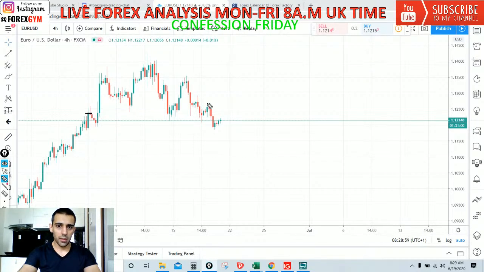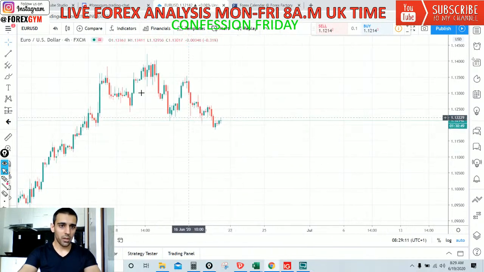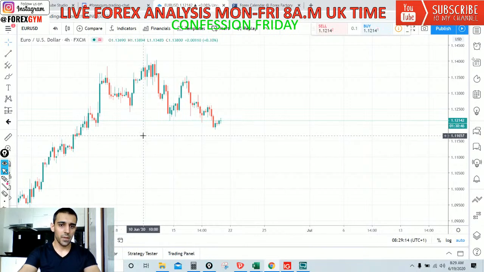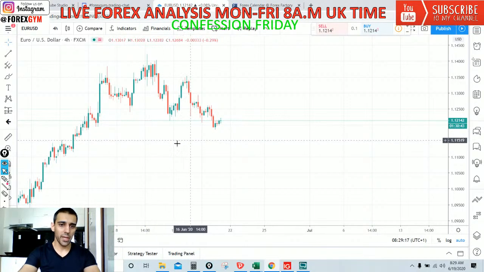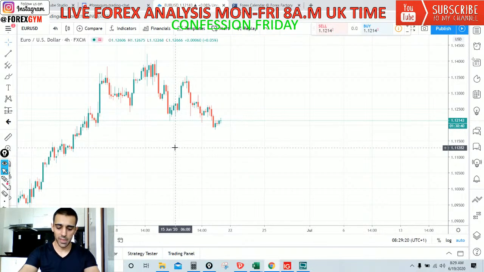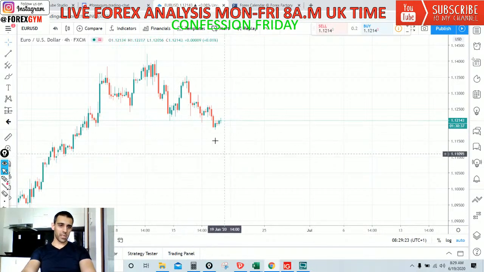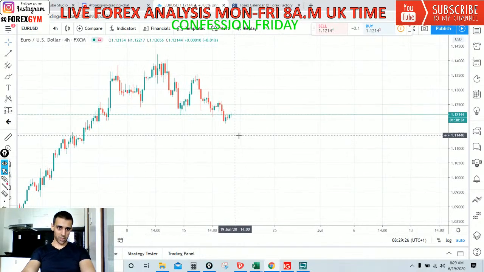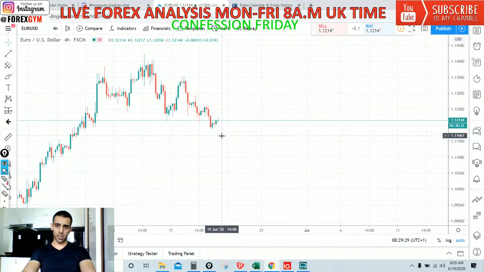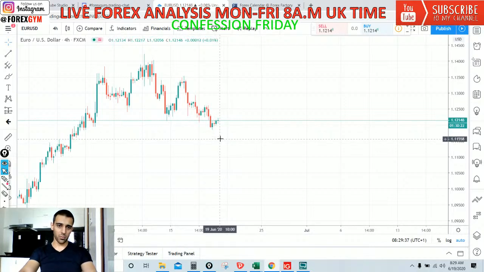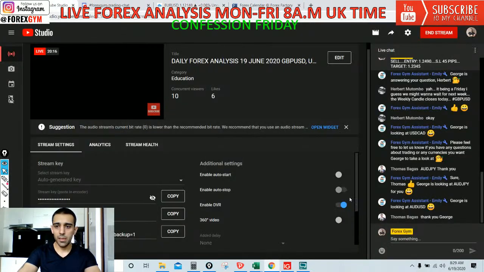So we got entry in here, 35 pip stop loss, and we can split this one into 2 targets. But the one thing I do want to mention, I'm going to write these levels in here, but don't take both trades. If GBP/USD and EUR/USD both set up, the chances of them both setting up is quite high. So whichever you prefer to trade, if you have a favorite currency to trade, then you can choose one of them, but don't trade both of them, both obviously on the sell side. Okay, let me write the levels on that one.